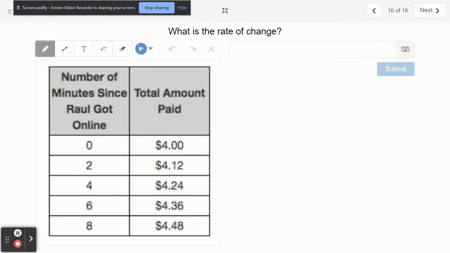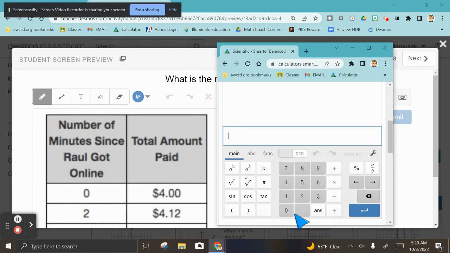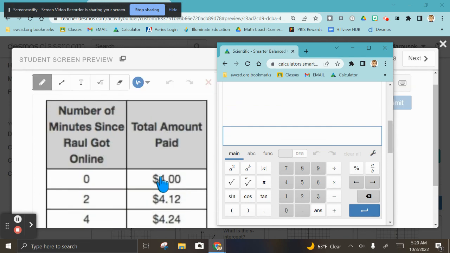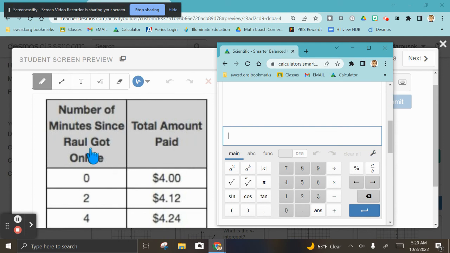All right, what is the rate of change? You're going to take out your calculator for this one. All right, I have my calculator. Where did it go? And this is not that difficult. The rate of change is in this graph here. Have your calculator in front of you. And these are your x's. These are your y's. X values and y values. So you're going to do y minus y